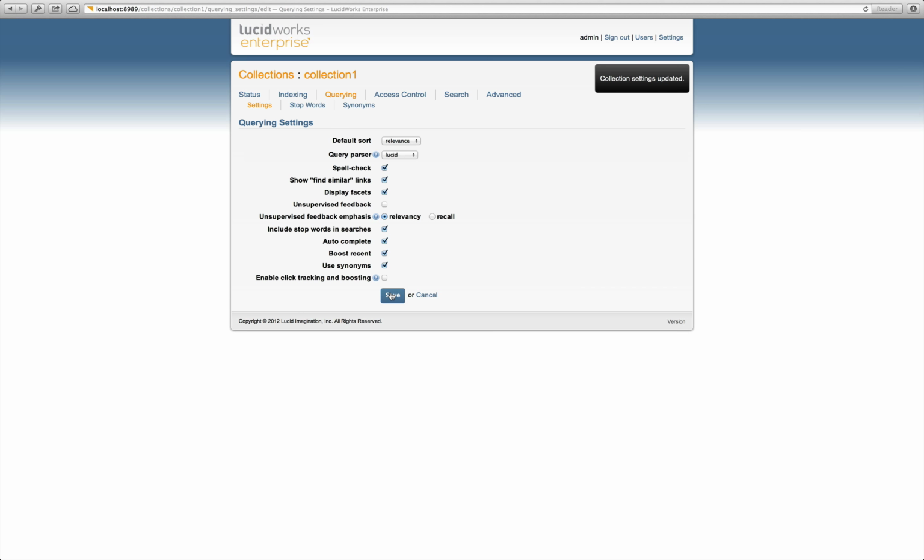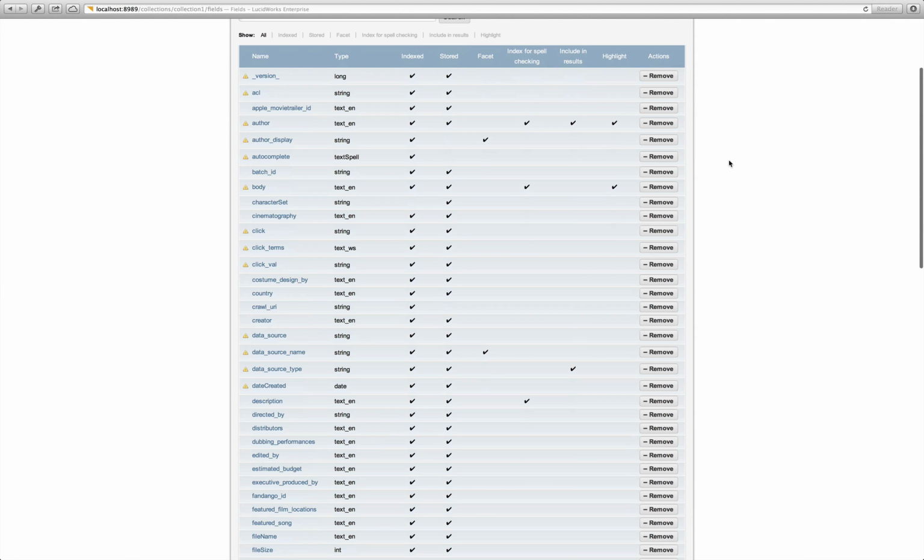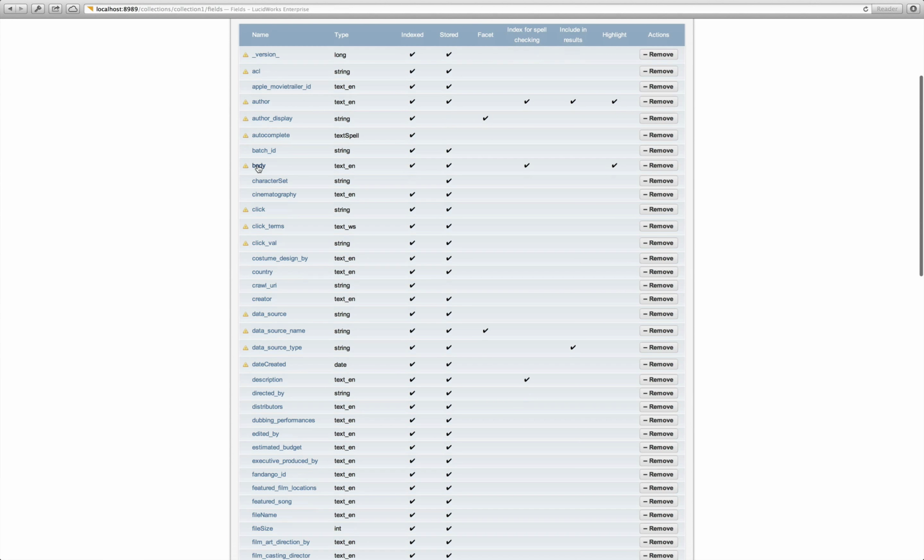Now the next step is to choose some fields that we want to index for autocompletion. So I'll mouse over the Indexing tab and click on Fields. The fields you choose to index will depend on your exact data, but you'll generally want to choose fields whose values are most likely to appear in users' search queries. So if your data comes from an e-commerce site, for example, then product descriptions or names would be excellent candidates for autocompletion. For our example data, which comes from a normal corporate website, I'm just going to select Body,